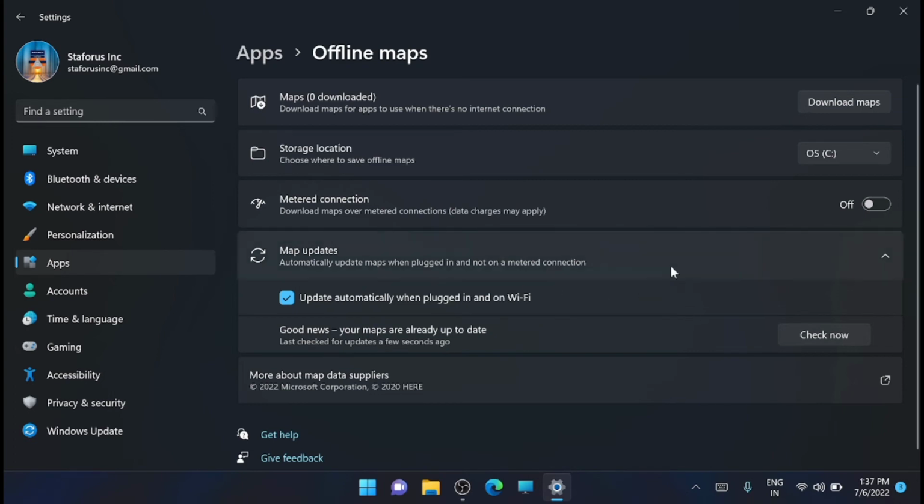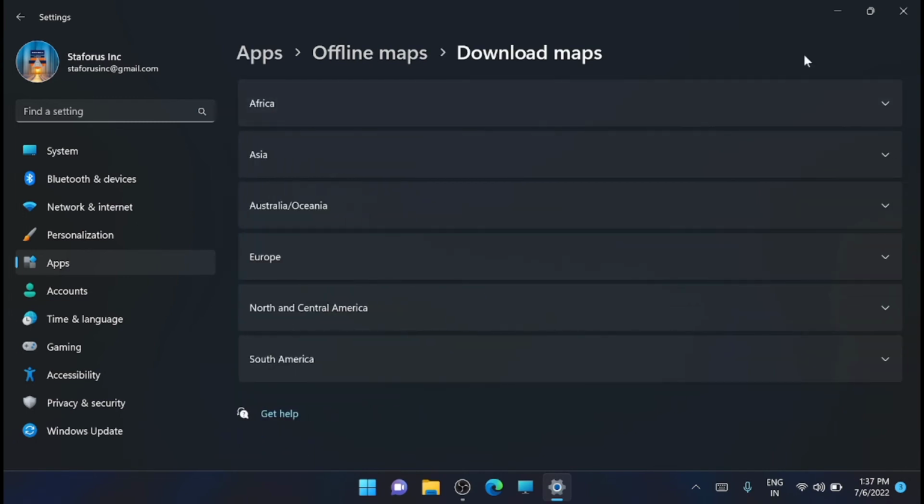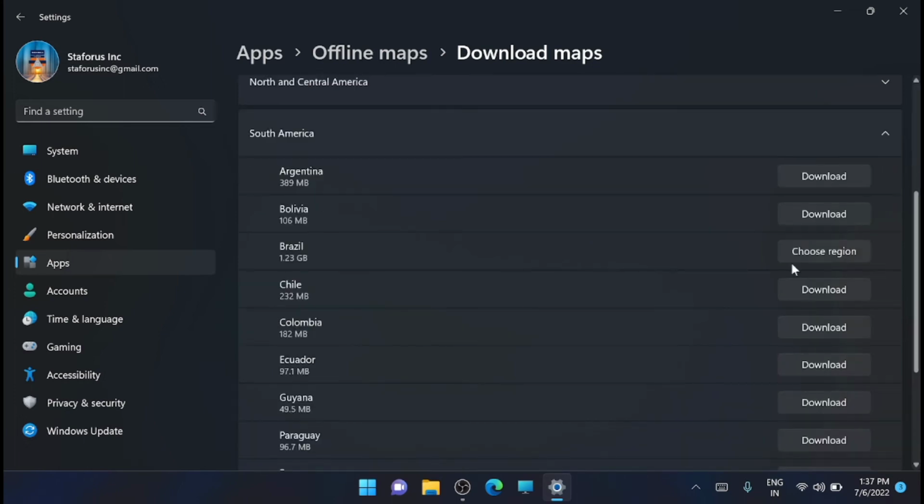Now once you have updated, just click on download maps, and from here you will get the list of the maps available from all continents. You will then see a list of continents and you can expand them to view the countries contained therein. For most countries, you will see the download button next to them and you should click it to download the